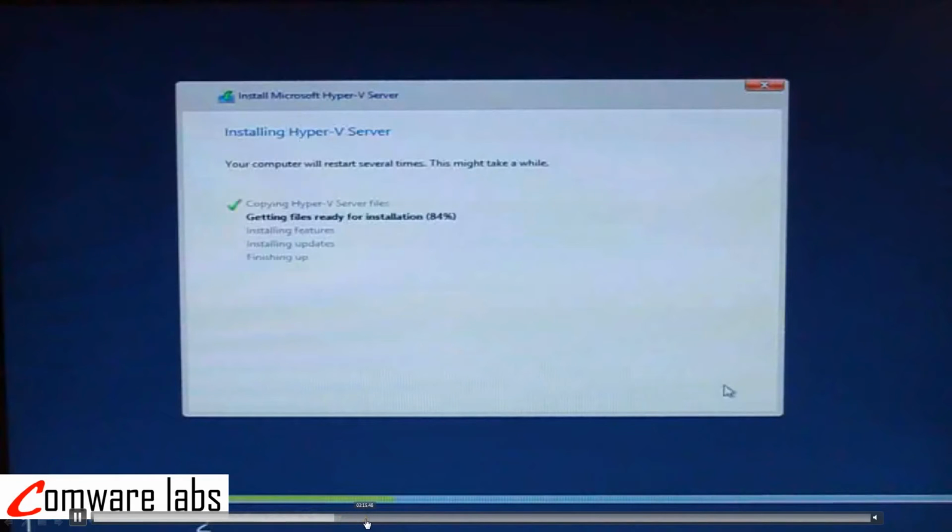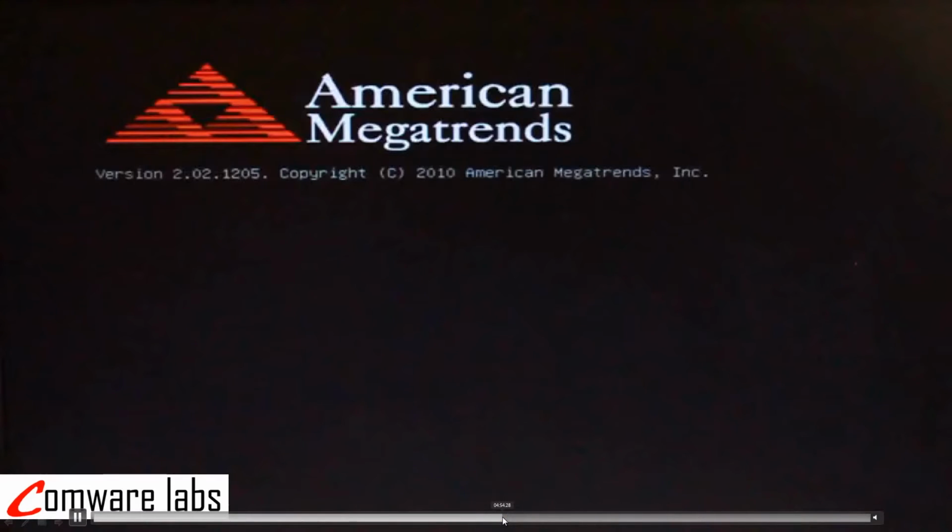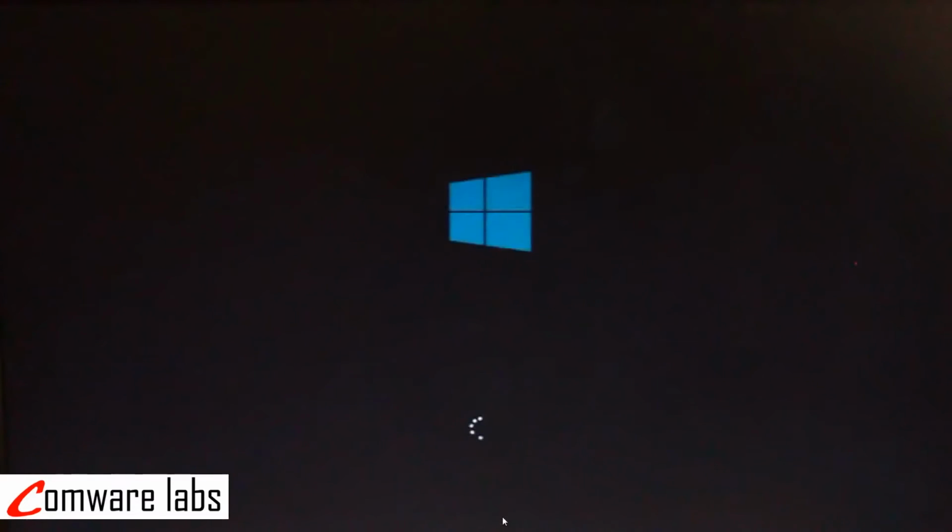So once it's finishing up, and reboot. Make sure you take the boot media from it. In my case, it's a USB stick. It's going to reboot a few times and then it will boot up,